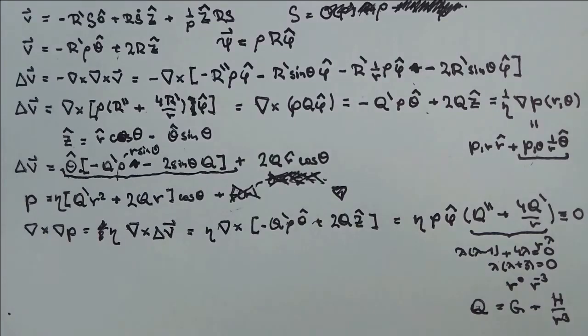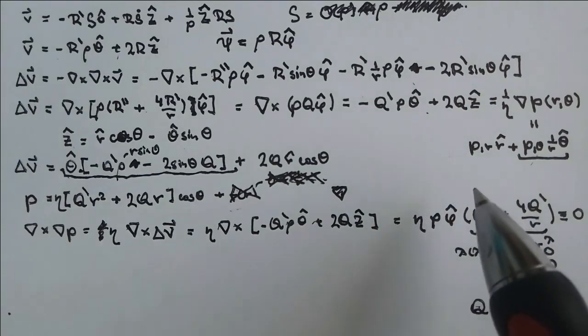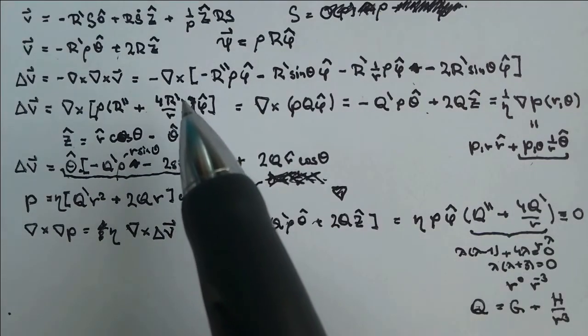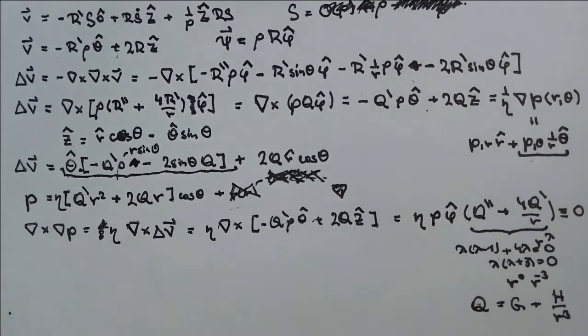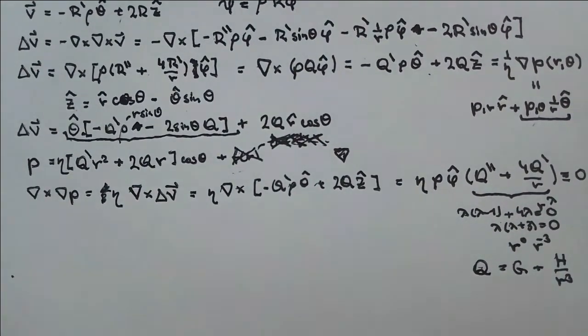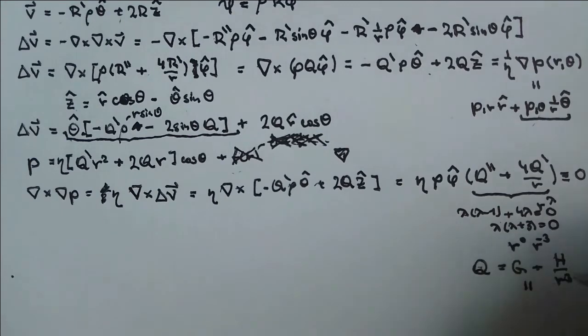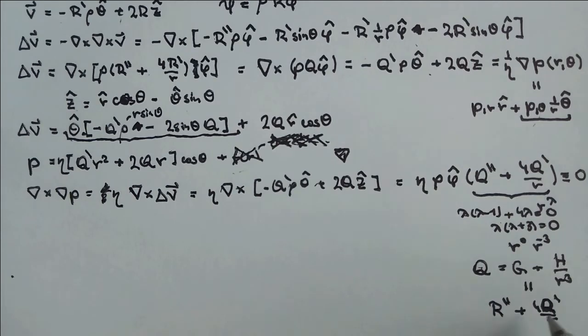Next, we have to compute, we have to find r. How does one find r as a function of r? Yes, it's really simple, because you know that q we have defined to be this. So g plus h over r cubed, it's going to be r double prime plus 4 r prime over r, and as